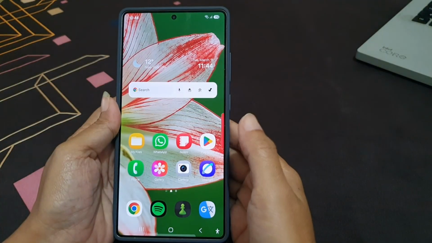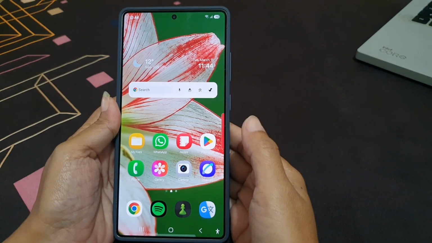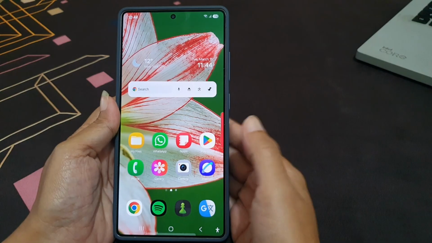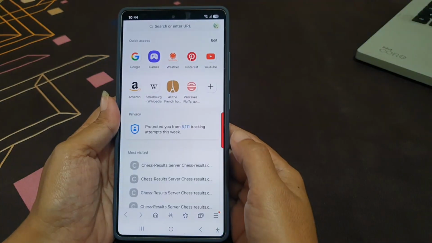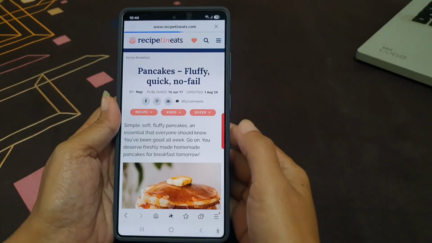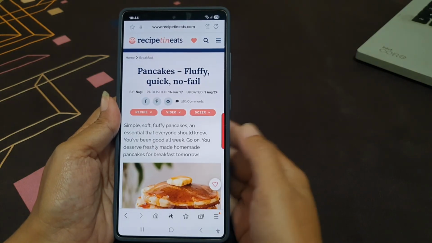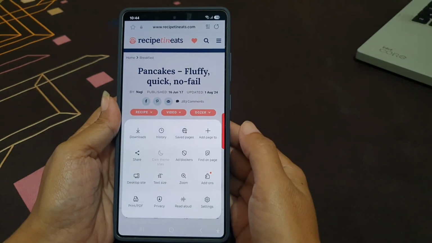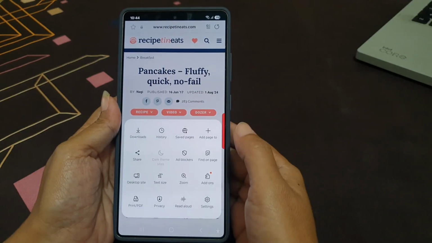To save a web page as a PDF in the Internet app on Samsung Galaxy S25 Ultra, open Internet app and then open the desired web page you want to save. Tap the three horizontal line icon at the bottom right and then tap print or PDF to go to the